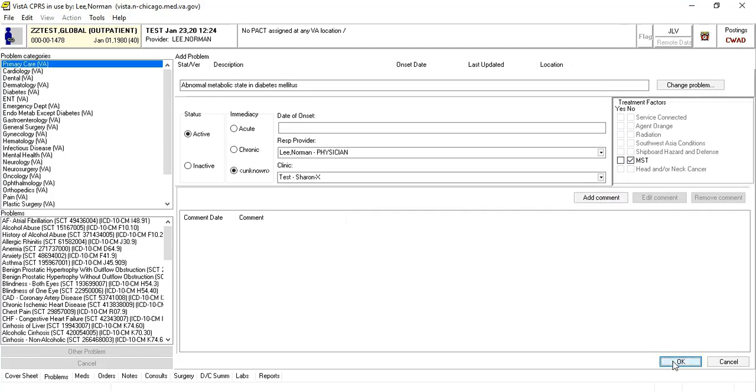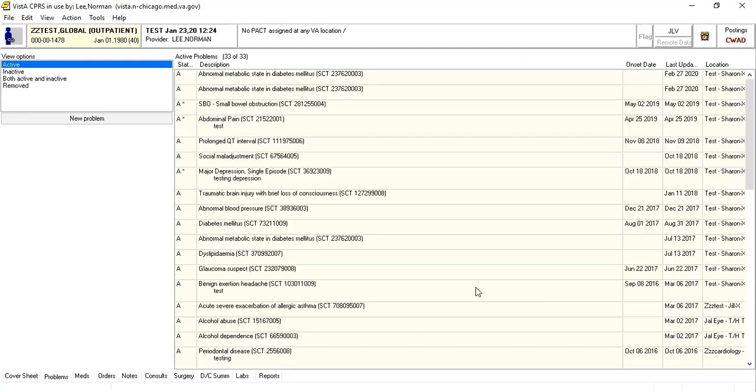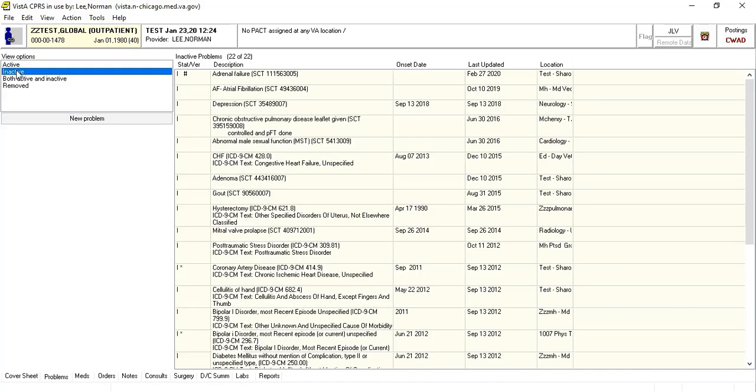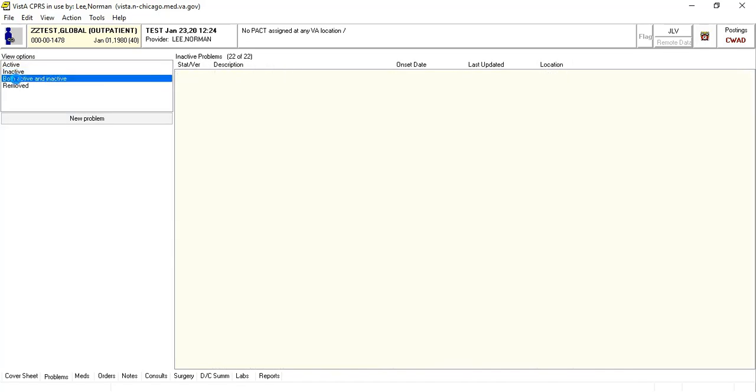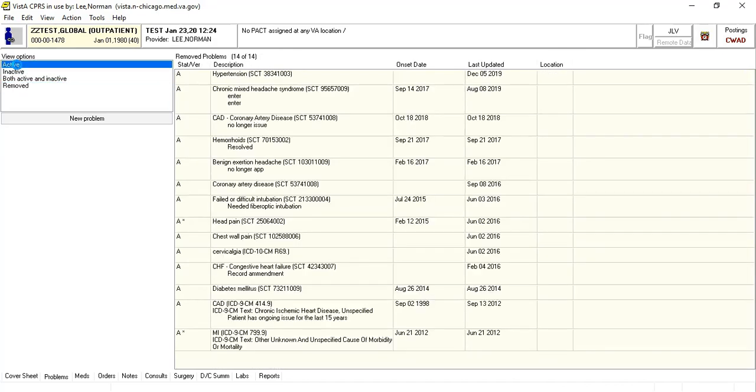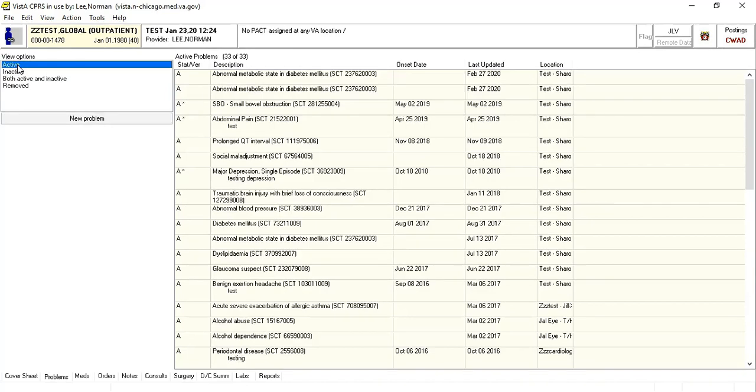Now you can also look at the different sections for inactive, both inactive and active, as well as the removed. Occasionally you'll get pop-up windows stating that there's a hashtag, a pound sign. It's stating, hey, there's a pound sign here. What do you want to do with it? And those have to do with